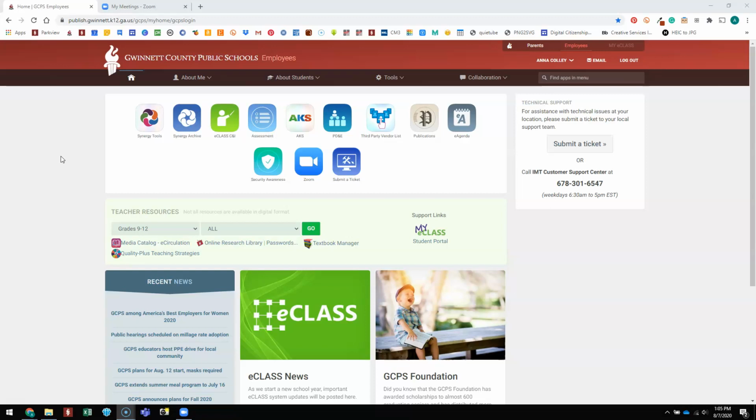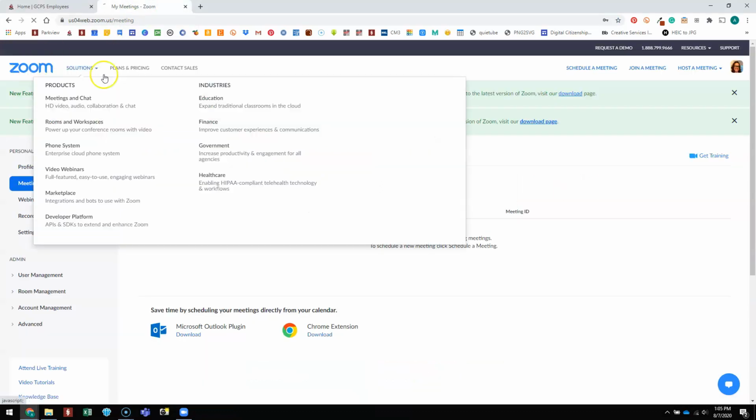If you've already gone into it, you may still want to go through these steps just to make sure that you're really in your new account, that's your premium account, because it has additional features that you won't have in a personal account. So the first thing I would suggest is that you go to zoom.com